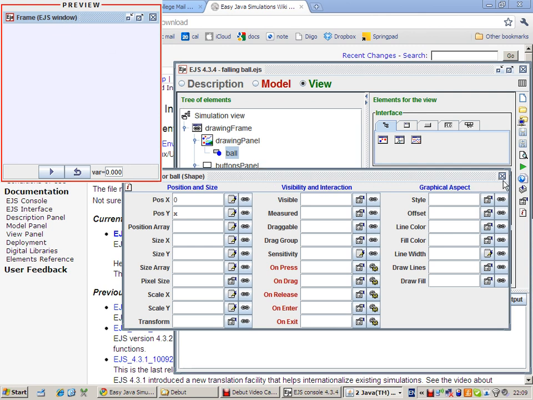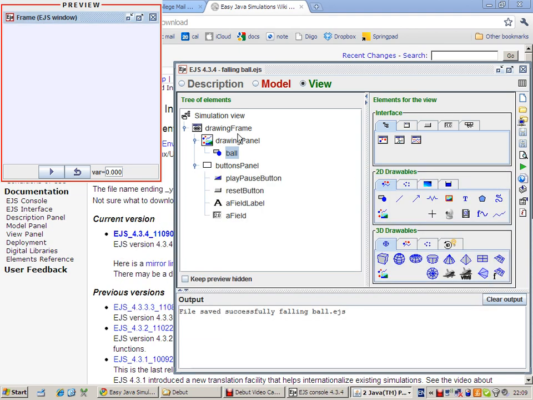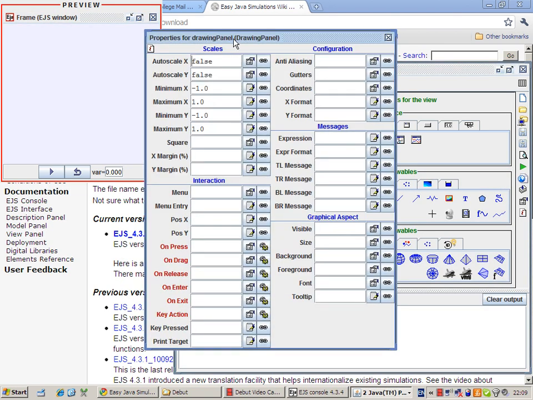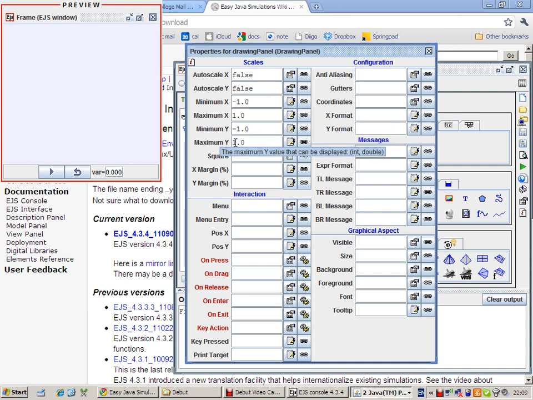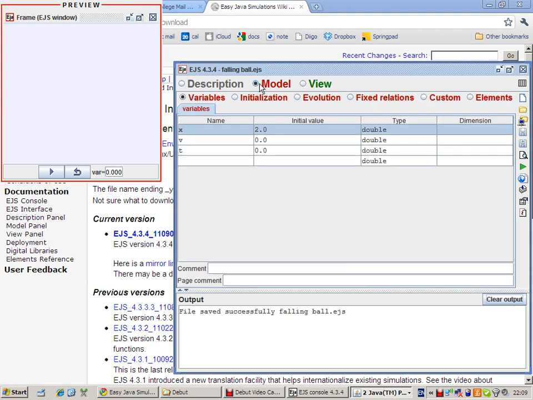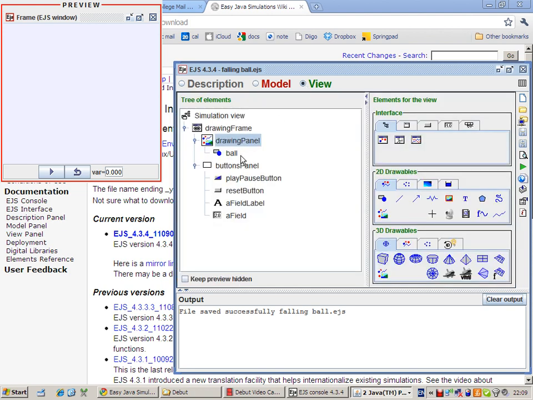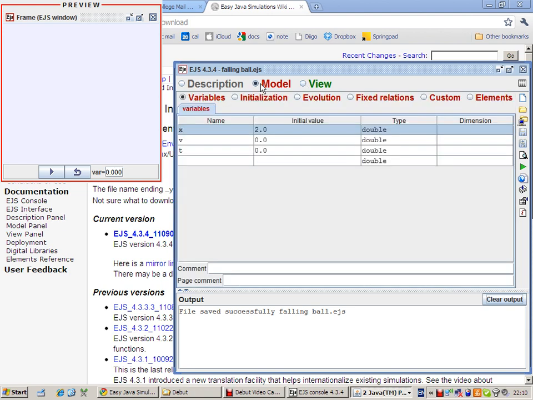So if you click on the drawing panel, you can see that its vertical size is from -1 meters to a maximum of 1.0 meters, and the initial position of our ball, we set it to 2 meters. So the ball is actually currently not in view, right? So how to correct for this? One way is, of course, to set the ball at a lower height, right? That is the simpler way, right? So for example, if I set this to 0.8, right, you can see that the ball has come into view,